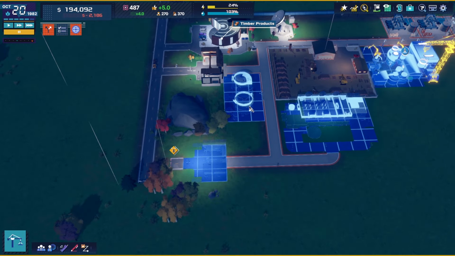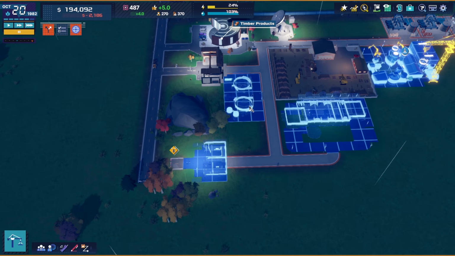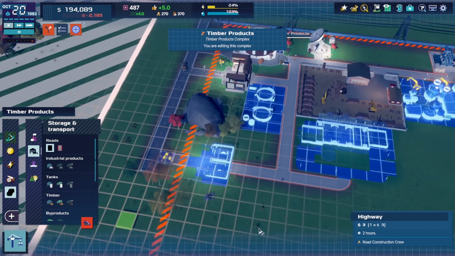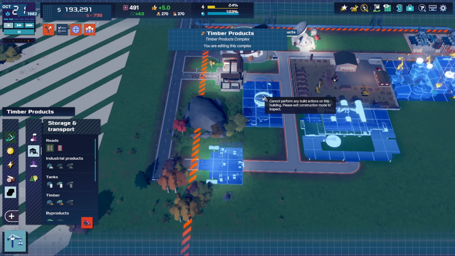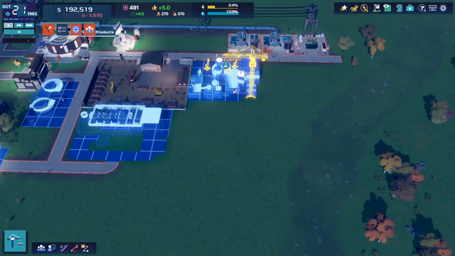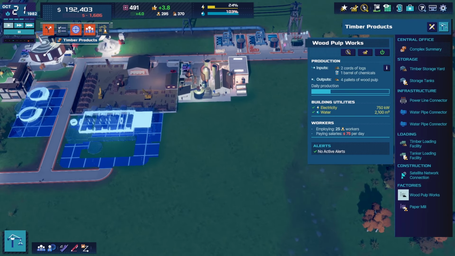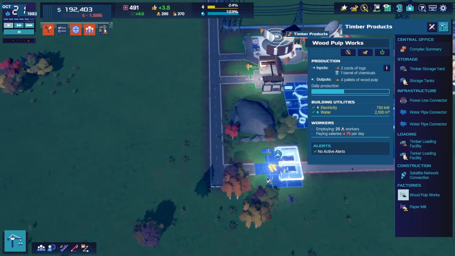Now, good relationships determine how much money we make on deals, and more importantly, how often we can renegotiate our contracts. Now, I noticed a little bit of a mistake I made there. I didn't connect the road up. So that's going to speed things up a little bit. It doesn't matter anyway, we're still building the other building, so... Beautiful, okay. Now the wood pulp works turns the wood from raw logs into wood pulp, which then is used...